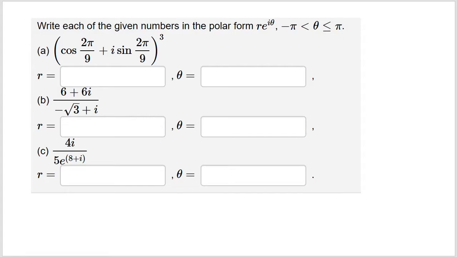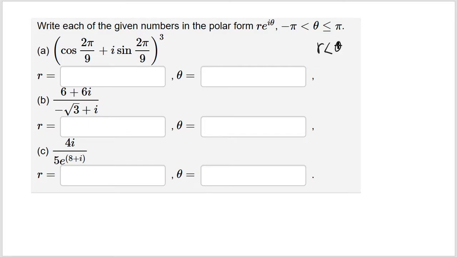Write each of the given numbers in the polar form, r e to the i theta. I think most people call this the Euler form, but it's okay. It's really just asking for the magnitude, or the absolute value of z, or the length of z, and then the angle theta, which is also called the argument of z. Okay, the first one is just this